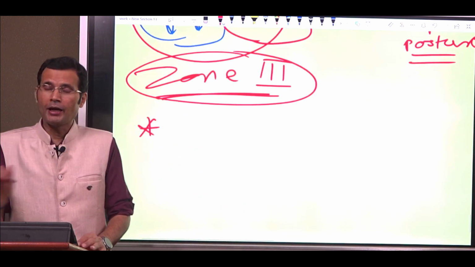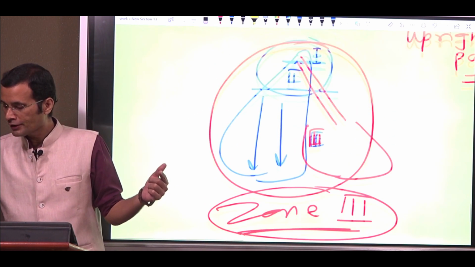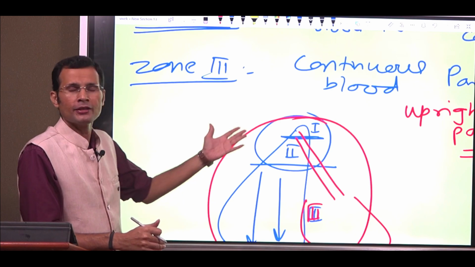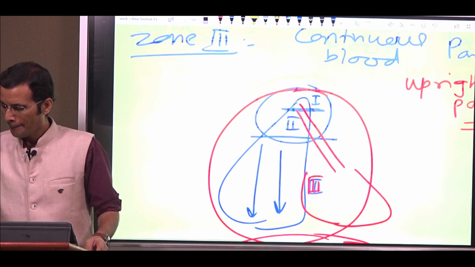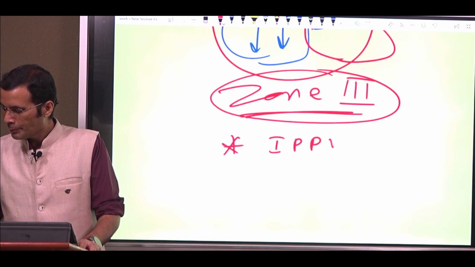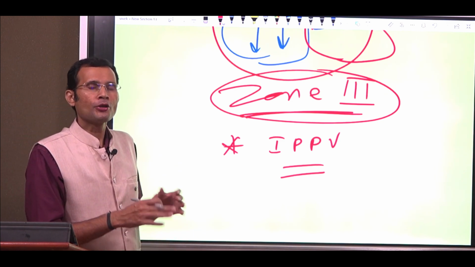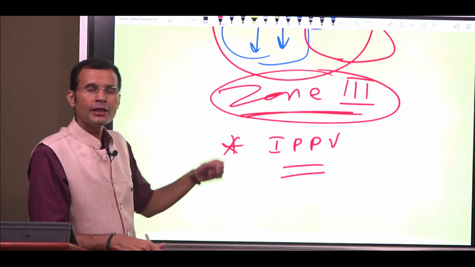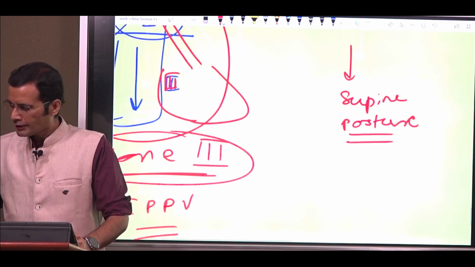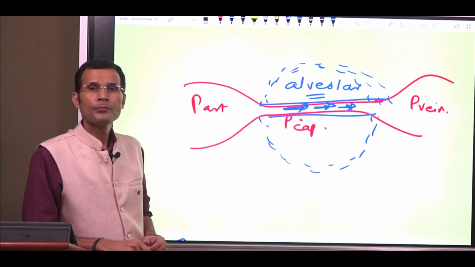But what about the alveolar pressure? Can it change the zones of blood flow? And by now you have understood, when I said zones are not anatomically fixed zones, yes, they are changeable. I'll give you another example. What happens in intermittent positive pressure ventilation, IPPV? In positive pressure ventilation, you are delivering ventilation under high pressure, and this is called assisted ventilation. So, ventilation being given under high pressure.